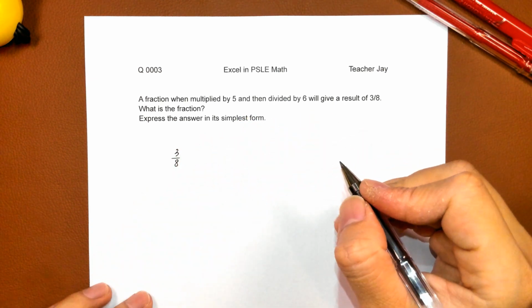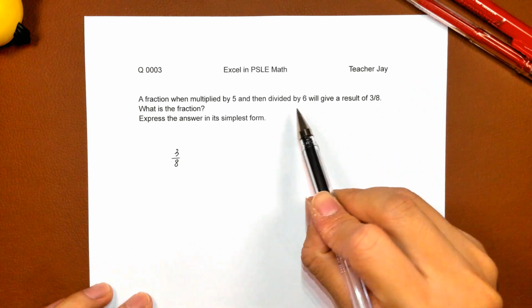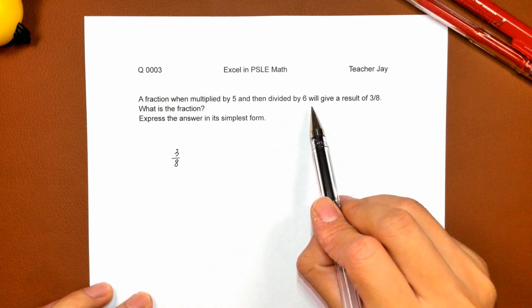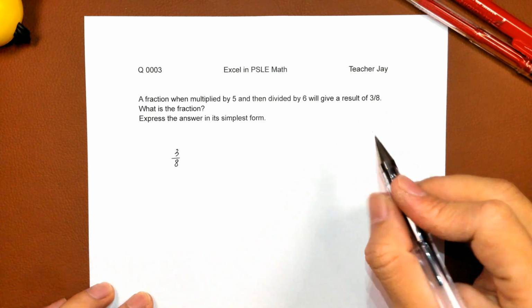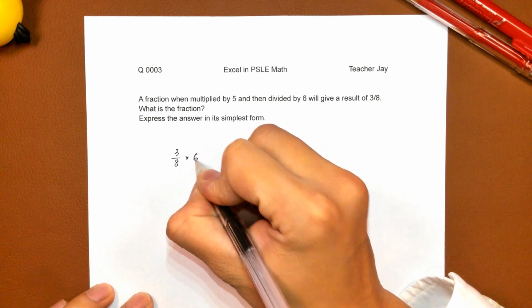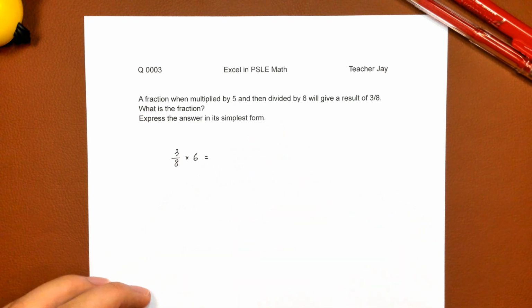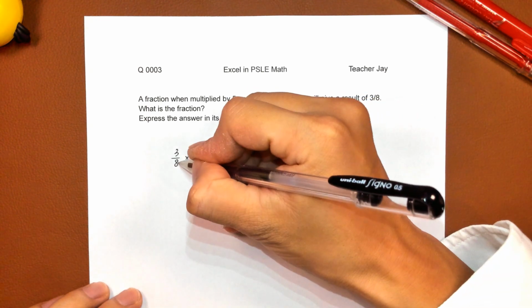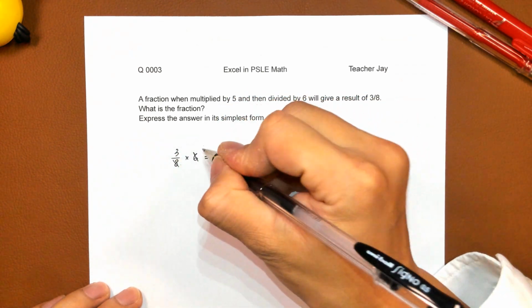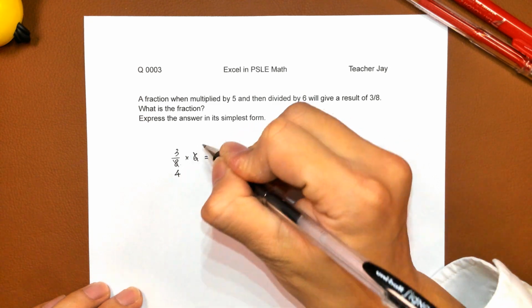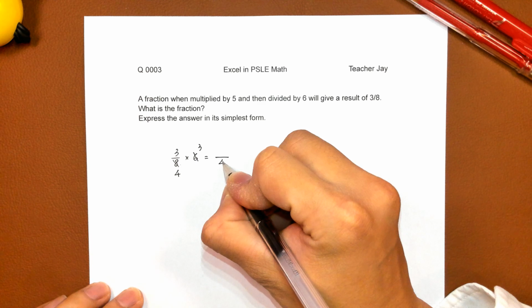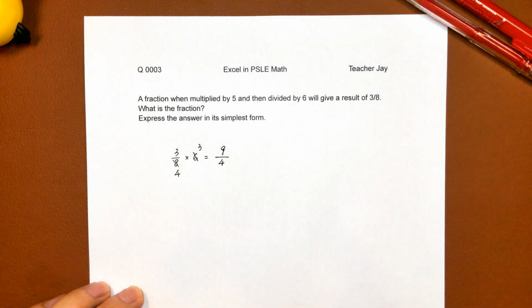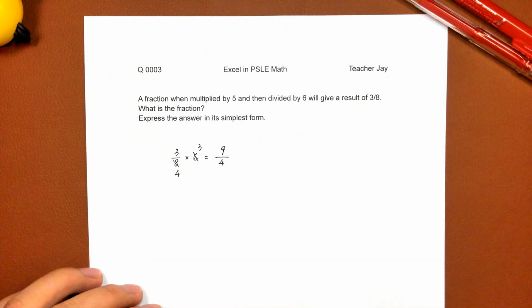3/8. It is divided by 6 and gives the result of 3/8. So we times 6. 3/8 times 6. We got 9/4. And next,